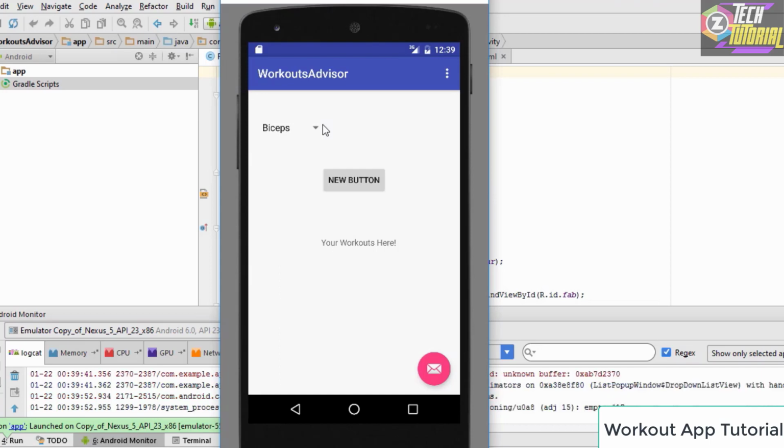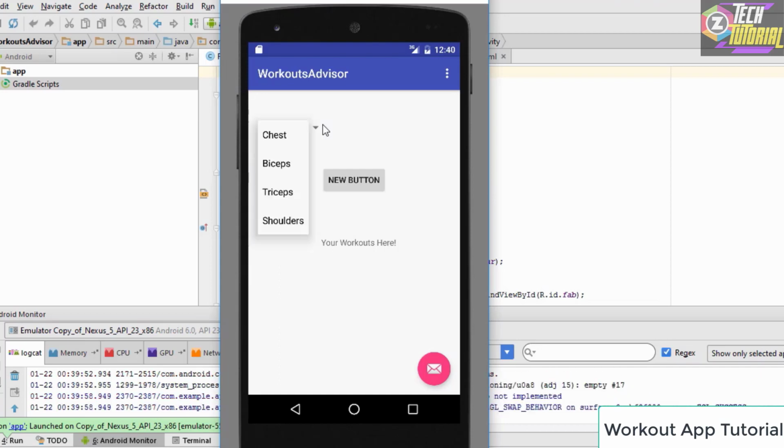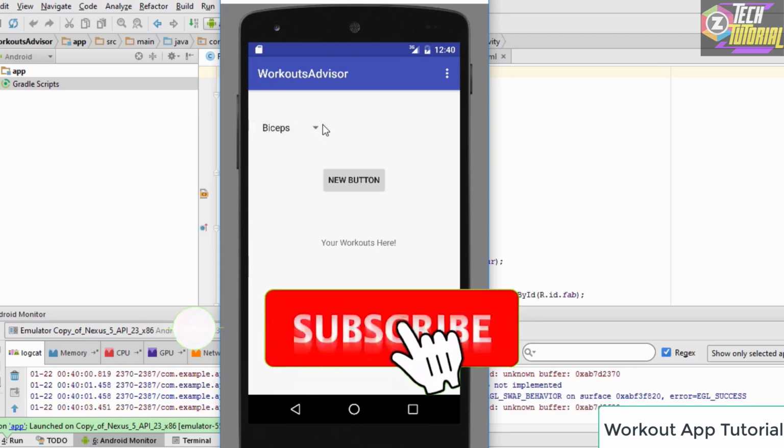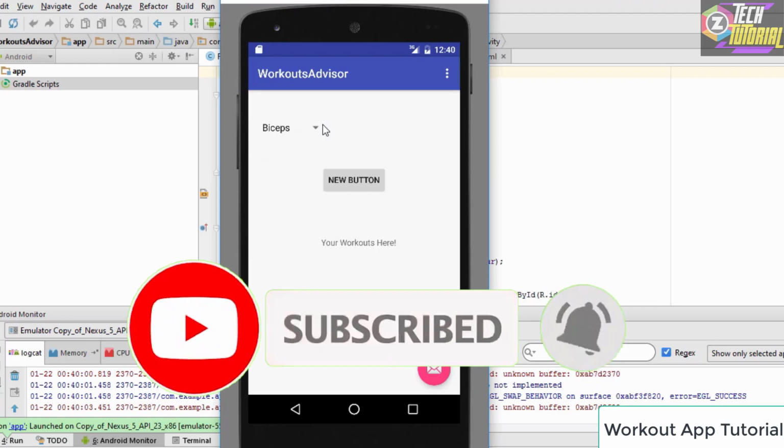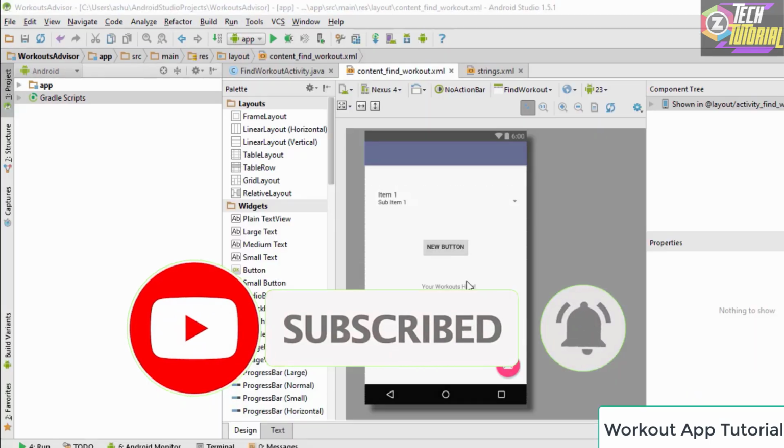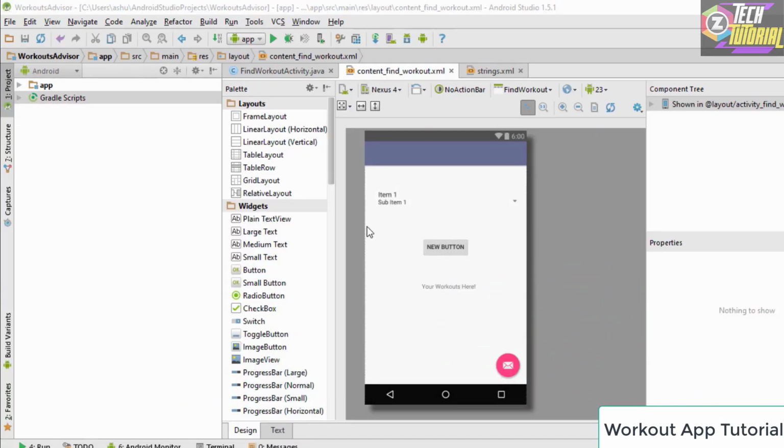So we are going to add a method to this button so that when we select an appropriate option from this, it is going to perform some changes to this text right here. In this tutorial we'll give life to this button right here. In the previous tutorial we have already learned how you could add elements to this spinner right here, and we have also run our application on the emulator and it displayed the elements inside this spinner right here,